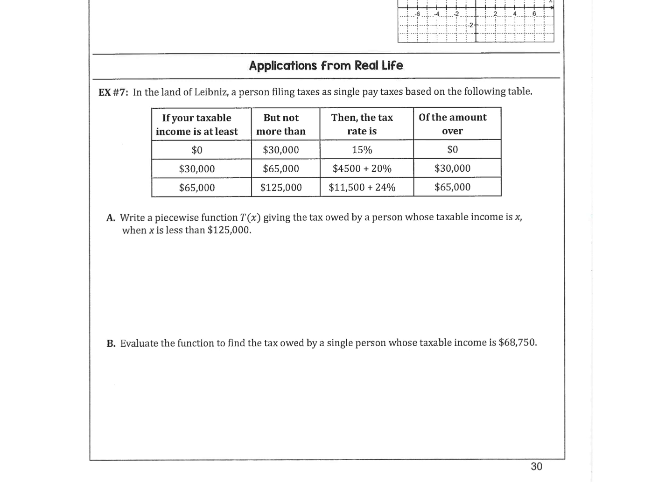It says, in the land of Leibniz, a person filing taxes as single pays taxes based on the following table. Notice how we figure out that it's piecewise, because the first income, that is our domain, isn't it? So if your income's from 0 to 30,000, you have a pay rate. Okay? From 30,000 to 65,000, so this is going to be domain 1. This is going to be domain 2. And this is going to be domain 3, isn't it? So if we're going to do a piecewise function, T of x,